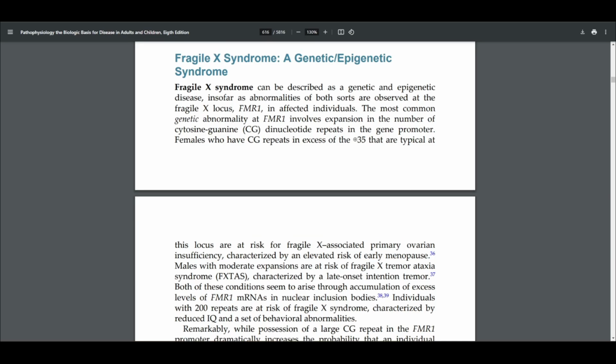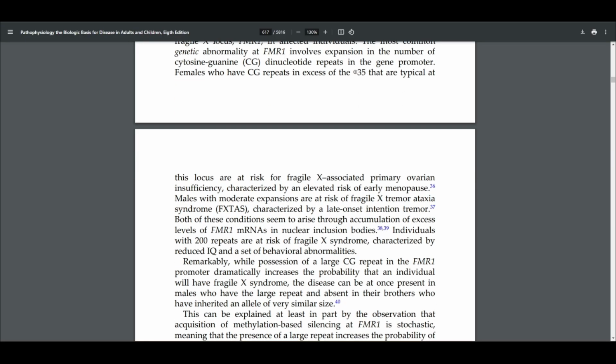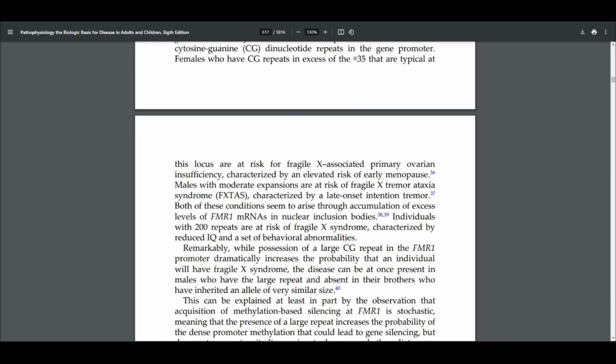Fragile X syndrome, a genetic and epigenetic syndrome. Fragile X syndrome can be described as a genetic and epigenetic disease, insofar as abnormalities of both sorts are observed at the Fragile X locus, FMR1, in affected individuals. The most common genetic abnormality at FMR1 involves expansion in the number of cytosine guanine dinucleotide repeats in the gene's promoter. Females who have cytosine guanine repeats in excess of the 35 that are typical